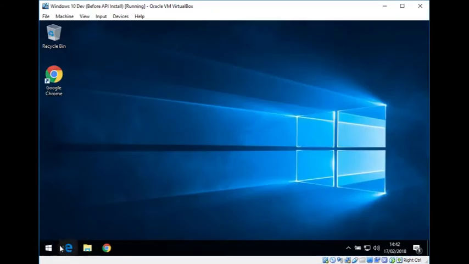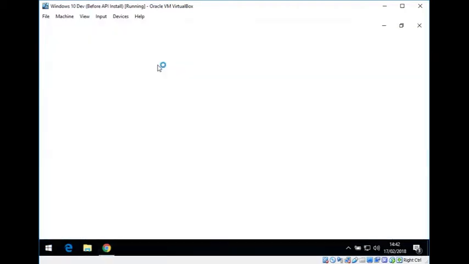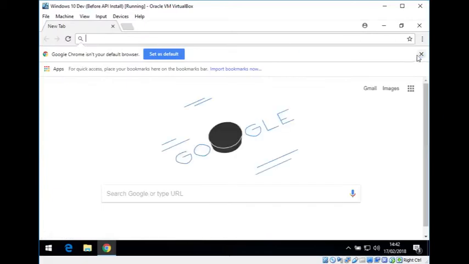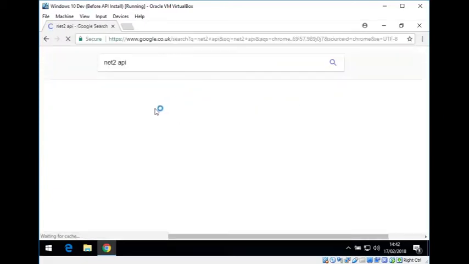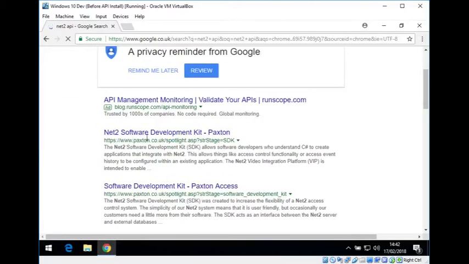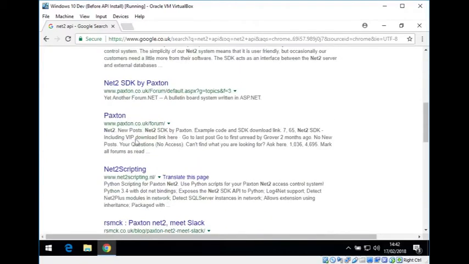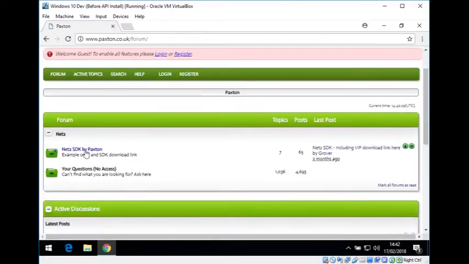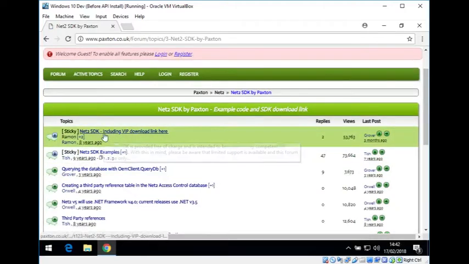So on my Windows 10 I have Visual Studio installed, and let's go off and download the API. So Net2 API. Hopefully the first result will be the Paxton forum. Normally, let's go Paxton forum, Net2 SDK by Paxton, and it's the pinned one about the download link. So download link,